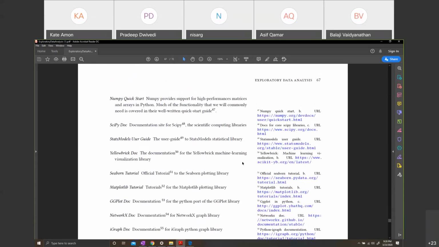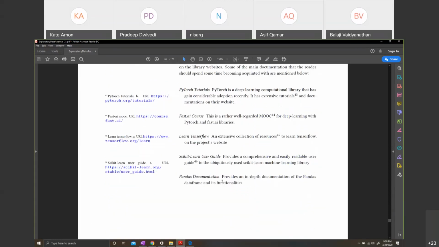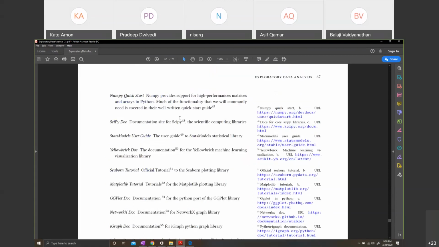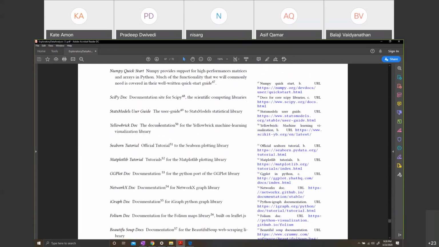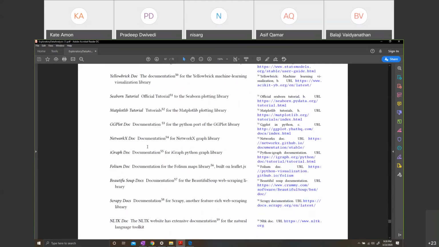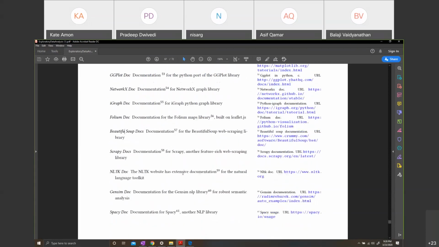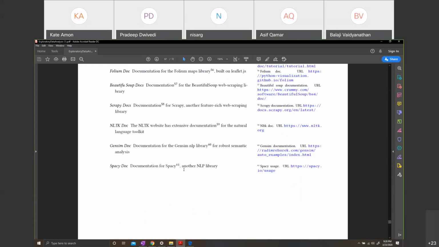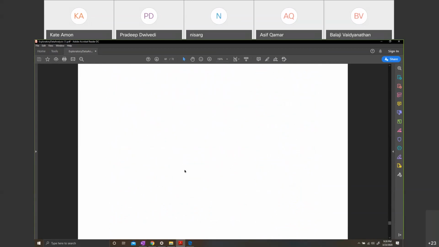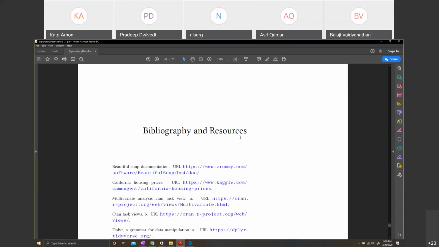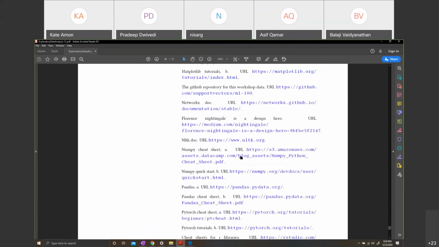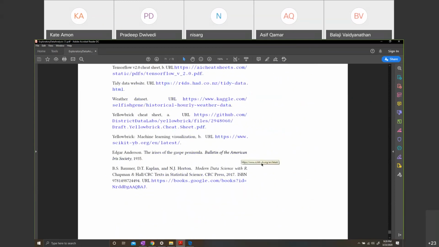And likewise, scikit-learn, which is something we'll do as soon as we get into machine learning. Pandas, we're already familiar with now. And NumPy, SciPy. So just look at these libraries. Sooner or later, by the way, there's a typo, it should be beautiful soup, you will become familiar with these. By the way, as you read this document, if you find typos, do please post it to Slack. So this is it. I don't think I have anything else. The rest is bibliography. This is a collection of all the references that I made in this doc.